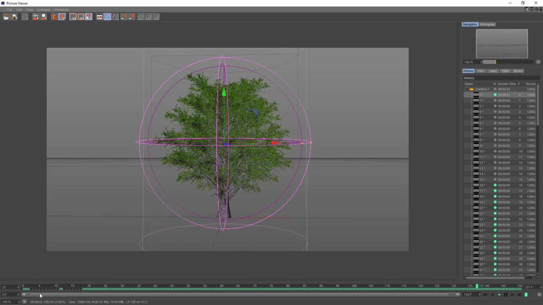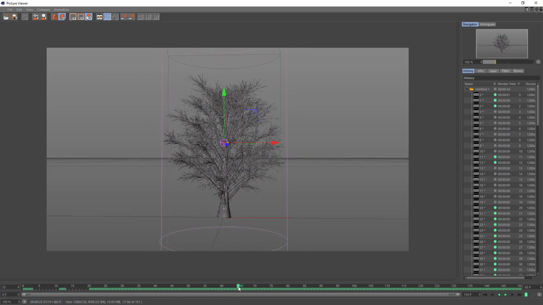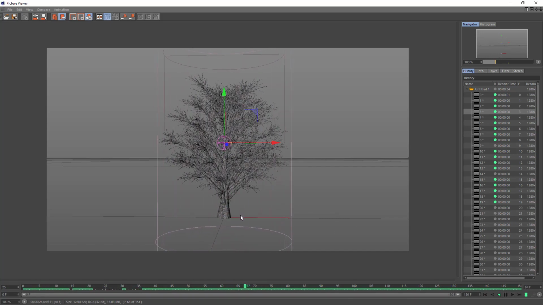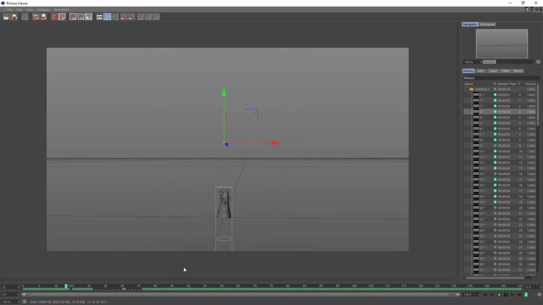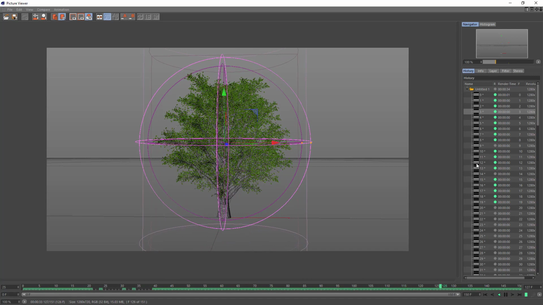Except at the start, I don't know why there is this jump, but I would just manually load it. I have maybe a RAM issue. Normally I don't have that, but maybe because I'm recording. So it looks fine to me. You see, we've got this animation, so it's good.